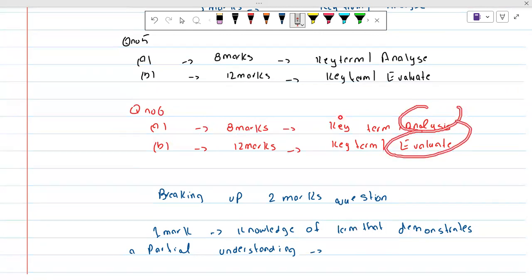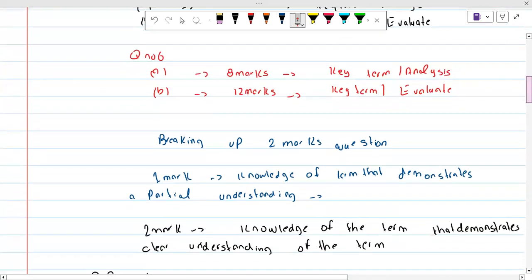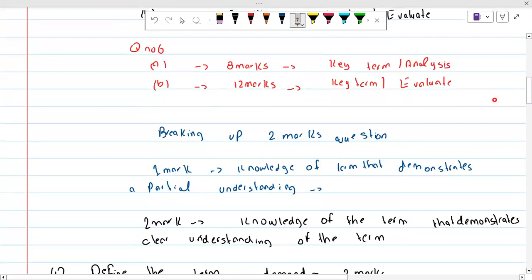Okay, so first of all, let's discuss. We have 6 questions of 2 marks and 6 questions of 3 marks, 1 question for 5 marks, 2 questions for 8 marks, and 2 questions for 12 marks. This paper is for 40 marks. So let's discuss the